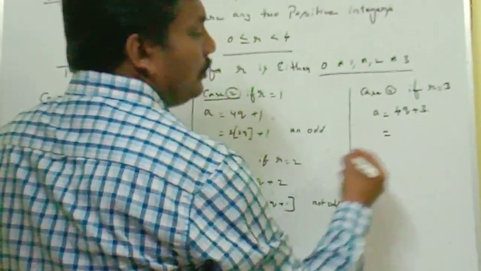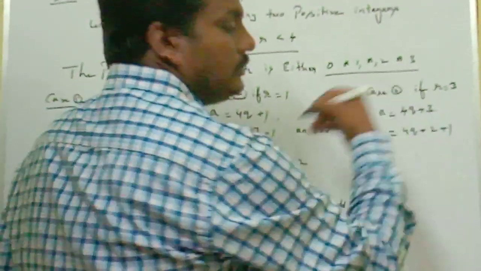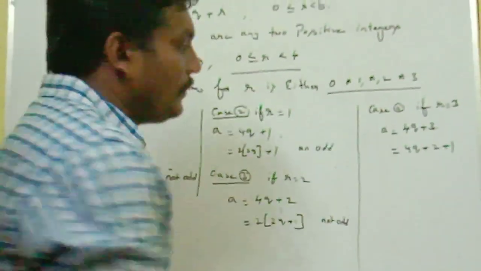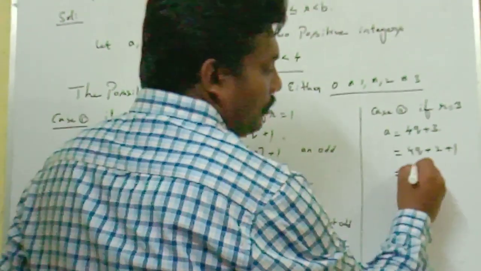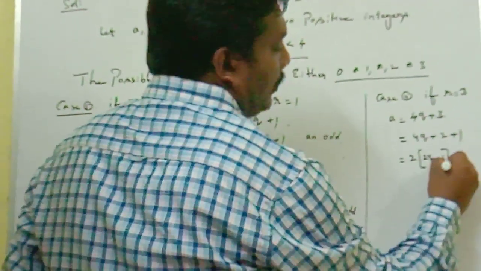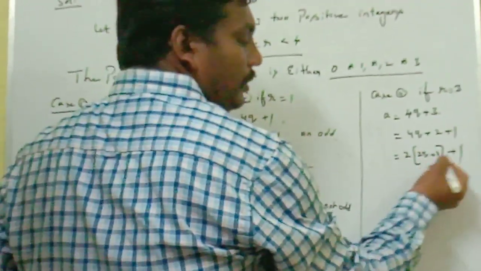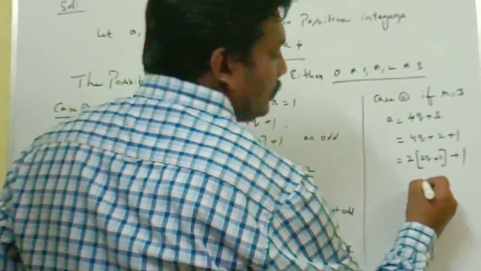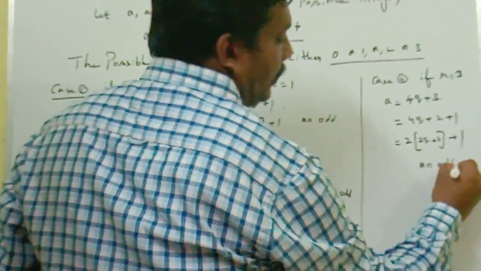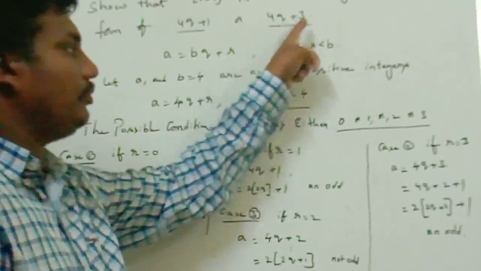So here also we should write this as 4q plus 2 plus 1 because 3 is greater than 2. That's the reason why we should take 2 plus 1. So now 2 should be taken as common. This is 2q plus 1. Then remainder is 1. So from this it is 2 multiple, but remainder 1 becomes 1. This is also an odd number. This is an odd number. So as we already know that 4q plus 1, 4q plus 3.